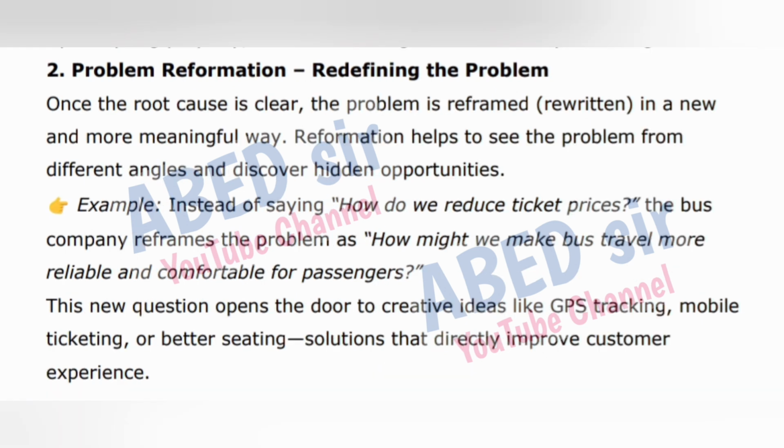2. Problem reformation, redefining the problem. Once the root cause is clear, the problem is reframed, rewritten, in a new and more meaningful way. Reformation helps to see the problem from different angles and discover hidden opportunities. Example, instead of saying how do we reduce ticket prices, the bus company reframes the problem as how might we make bus travel more reliable and comfortable for passengers? This new question opens the door to creative ideas like GPS tracking, mobile ticketing, or better seating solutions that directly